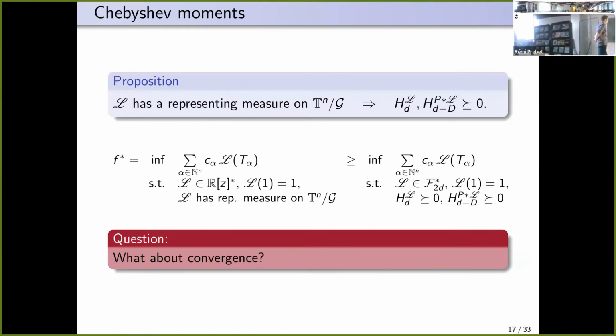So then you can show, analogously to the paper of Inria and Tobias in 2006, that when the functional has a representing measure, now on the semi-algebraic set, then the two matrices of the Hankel operator and of the localized Hankel operator associated, truncated at suitable degrees, are positive semi-definite. And so we can make this relaxation right here. So a functional with a measure is replaced with a functional that has